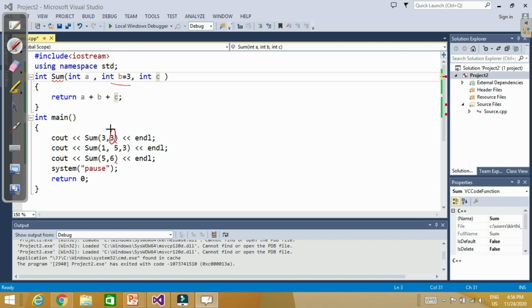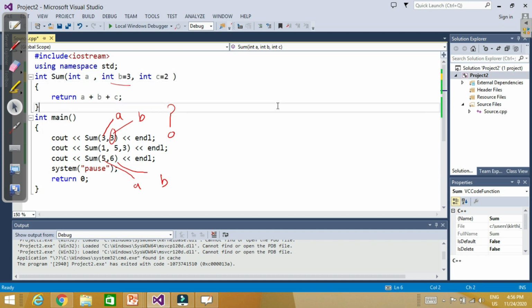So when you write sum(3, 3), a will be 3 and b will be 3, and the compiler does not find any value for c. Similarly, here a is 5, b is 6, and the compiler does not find any value for c. If you want to make b default, then it is necessary to make c also default, and then it is okay. So when you want to assign default arguments, you should always assign from the rightmost side.